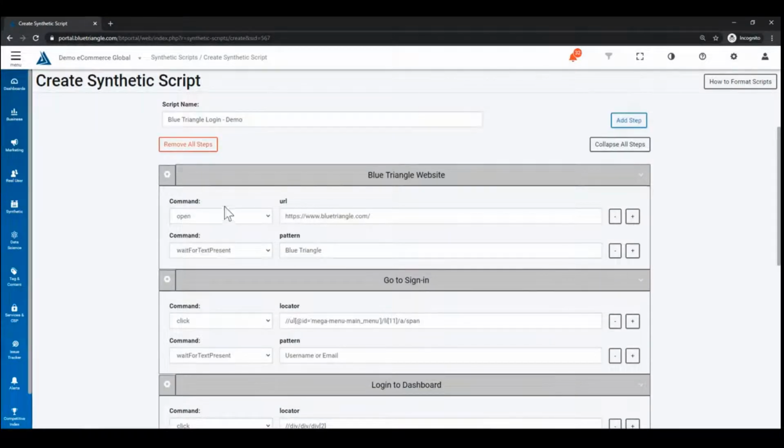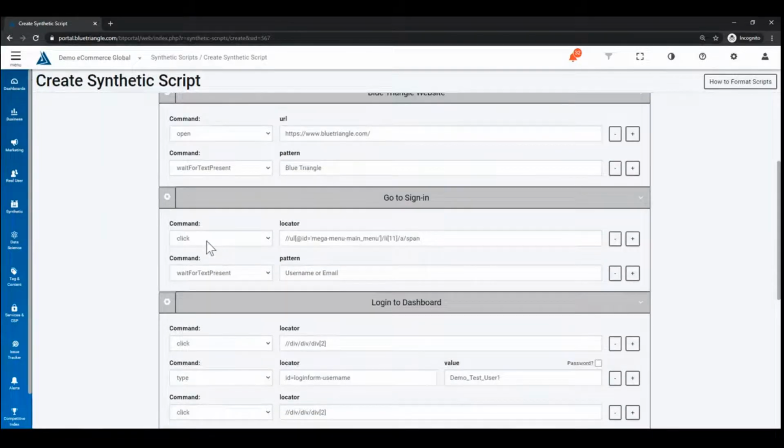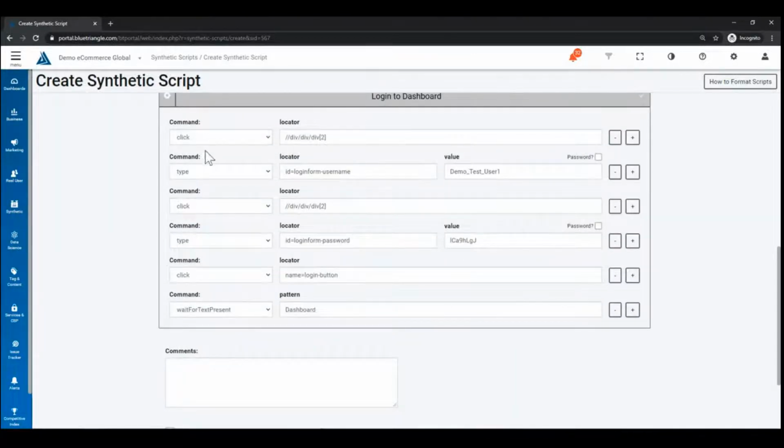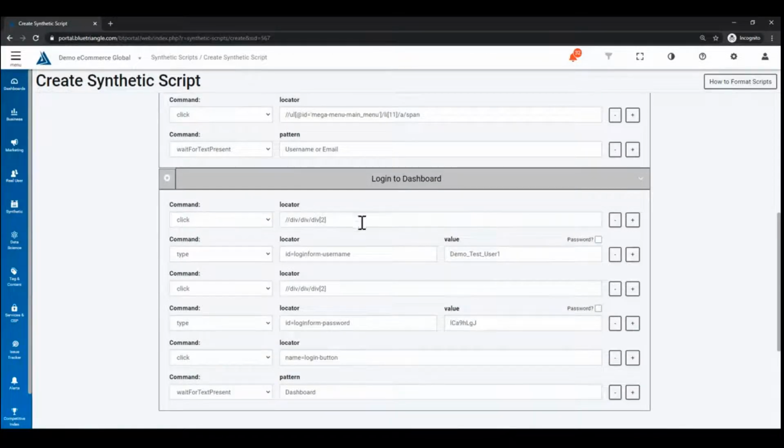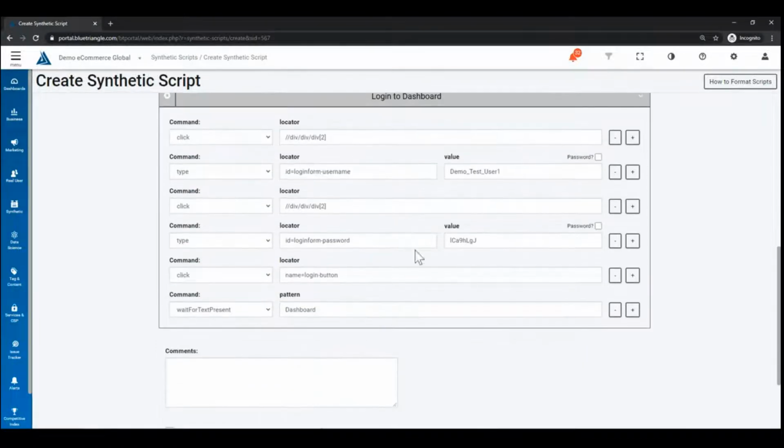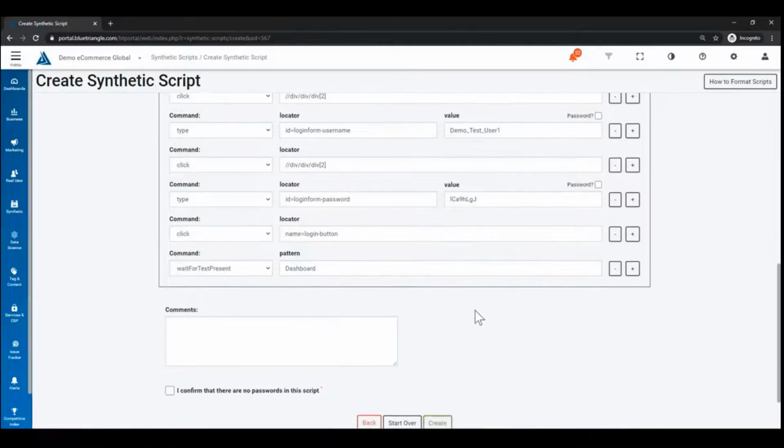So of course the website, we do an open command at bluetriangle.com, and then we're going to wait for text present in Blue Triangle to confirm we're there. And the same thing for the sign in page. We're going to click that button up in the top right and wait for that text. And then when we get to the login screen, we're going to click the username and go ahead and type in our username, and then we're going to click the password and then go ahead and type in our password. Finally, we're going to click the login button, and then we're going to wait to make sure that we see dashboard on the page to confirm that we're on